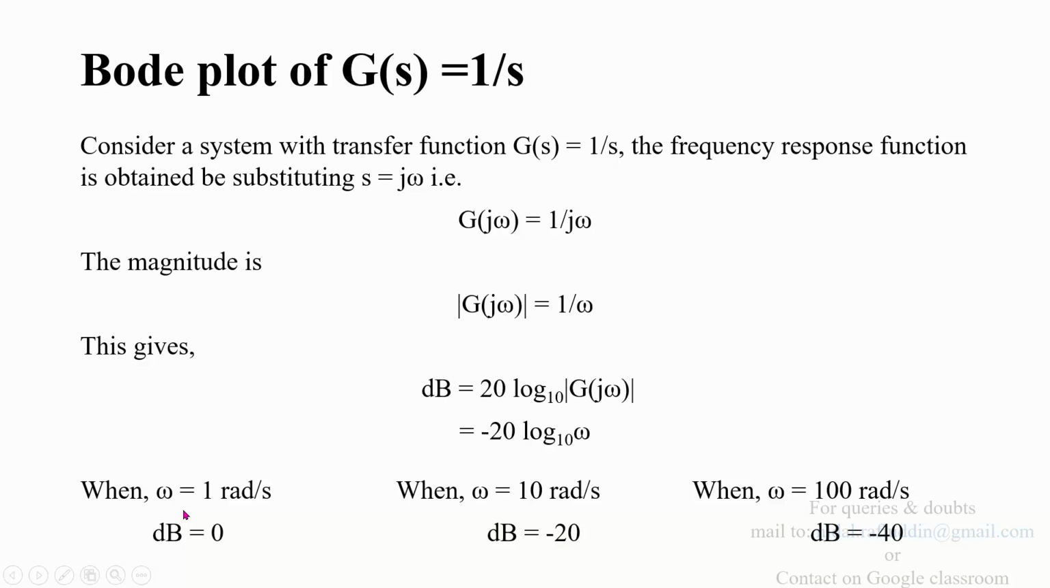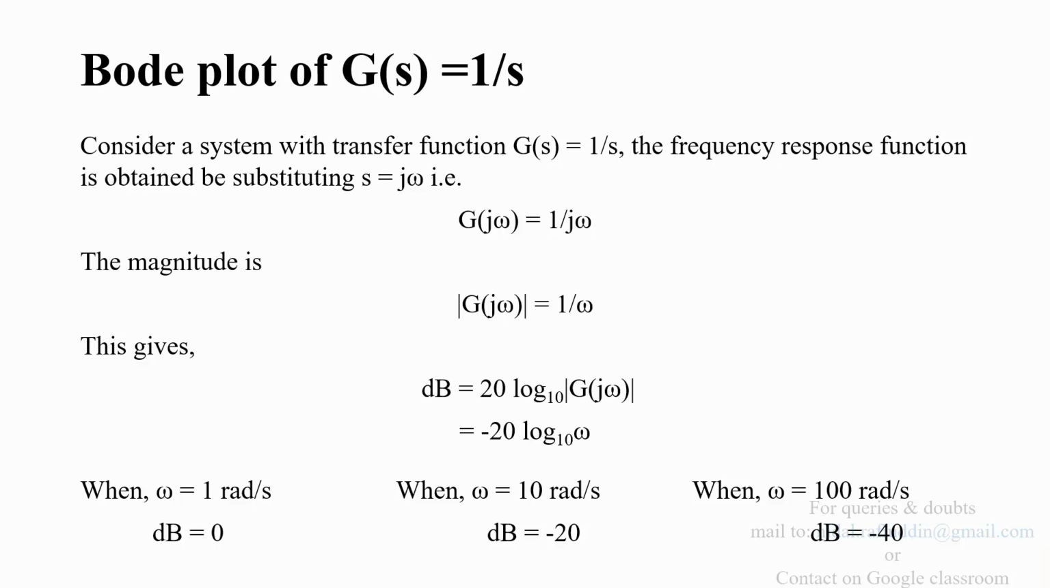Which means that if you substitute different values of omega, for example omega equal to 1, in that case you are going to get decibels as 0. If you substitute omega as 10, then the magnitude in decibels will be minus 20. If you substitute omega as 100, log to the base 10 of 100 will be 2, and multiplied by minus 20 will give you minus 40. So likewise you can obtain